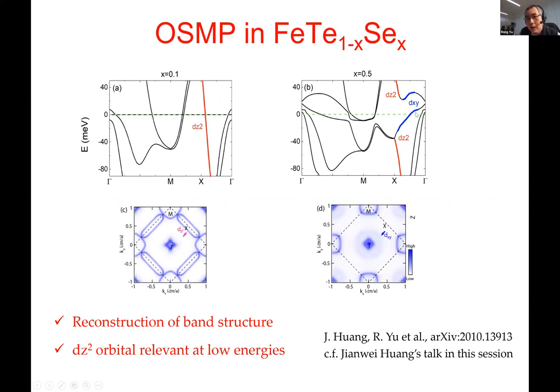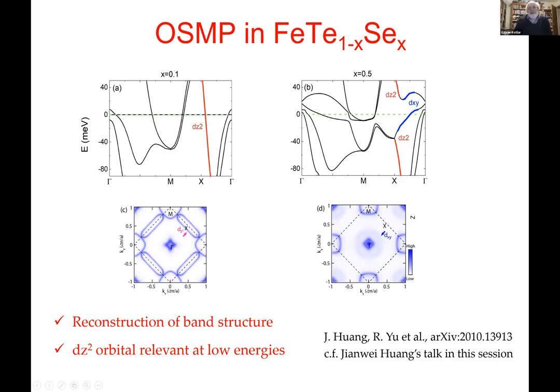Yes. So for this model for FeTeSe, the blue portion is actually the dxy. And then it crosses because there is a finite spin-orbital coupling. So it's not this one, but actually goes this way. In the model, it is still slightly above the Fermi level, but I don't know. This is probably just a detail of this model. But it's pretty close.